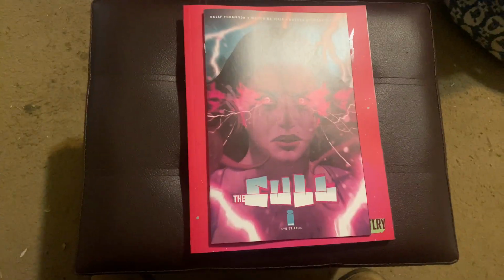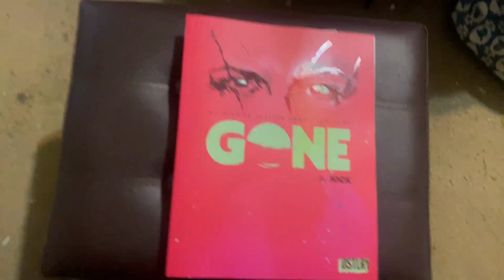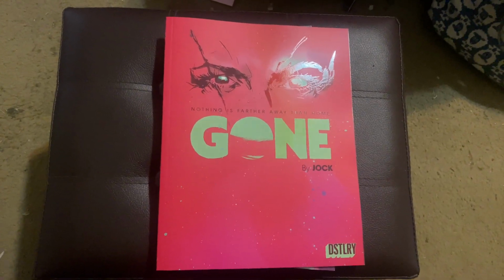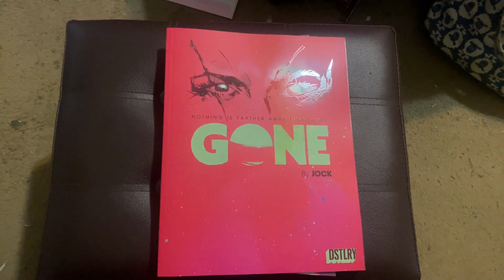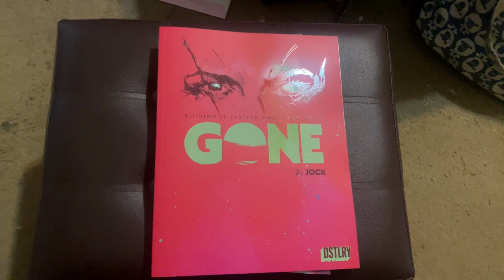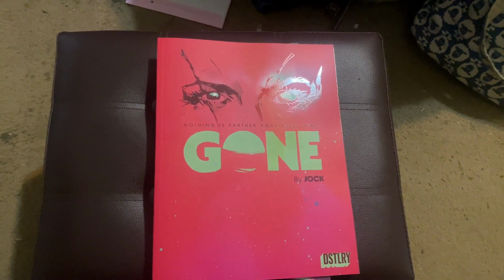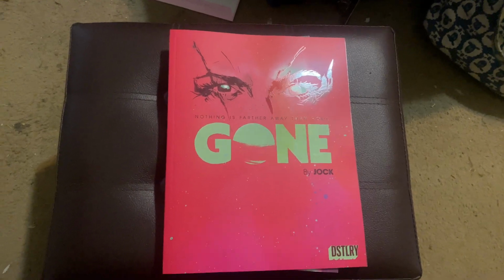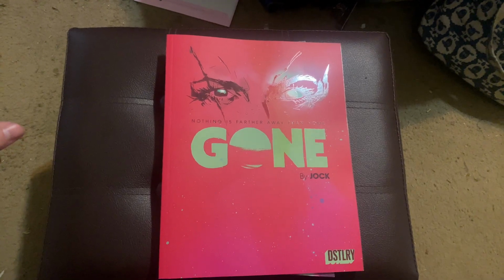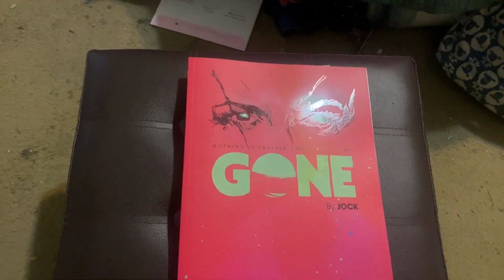So I've thoroughly enjoyed Gone, and there's only one issue left. And pun intended, I can honestly say I will be sad when Gone is gone. It presented a really interesting story with a unique background character, and it has a lot of humanity to it. It's got a lot of emotional punch. So I can no more highly recommend Gone by Distillery. So let's see if I can